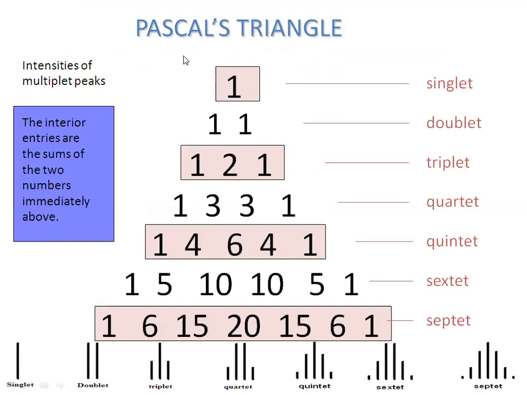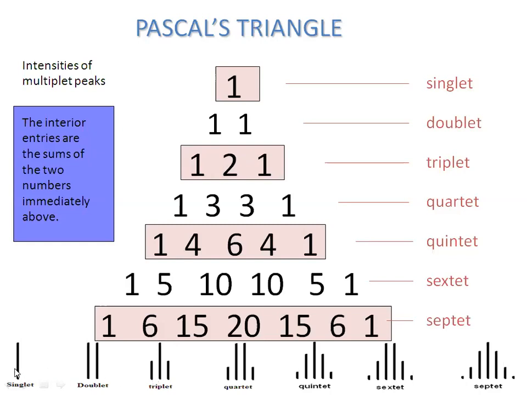Now the Pascal triangle is going to give you a hint about what will be the line intensities of your multiplets. So this is the case for your singlet, this is the case for your doublet, triplet, and so on. If you are getting a triplet, that's the indication the relative line intensities will be 1:2:1. That's the indication the middle peak will be 2 times taller than the corner one. So you can see out here, the middle peak is 2 times taller than the corner one.